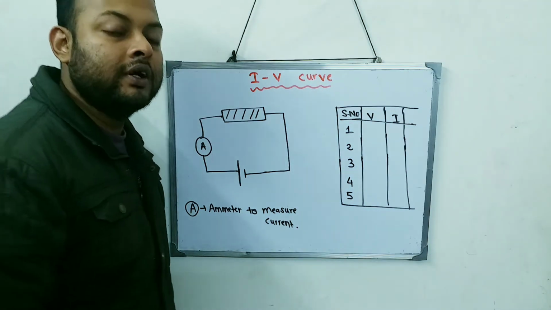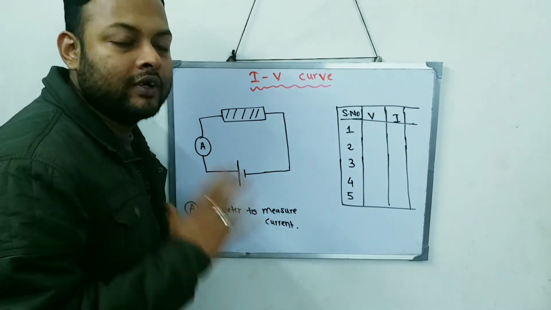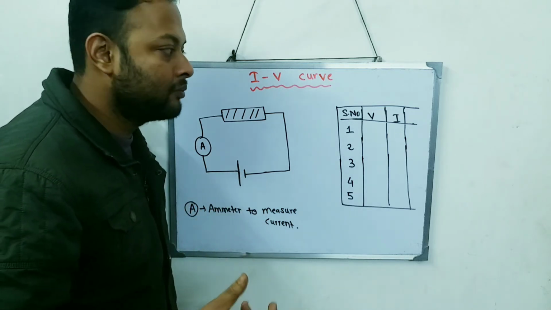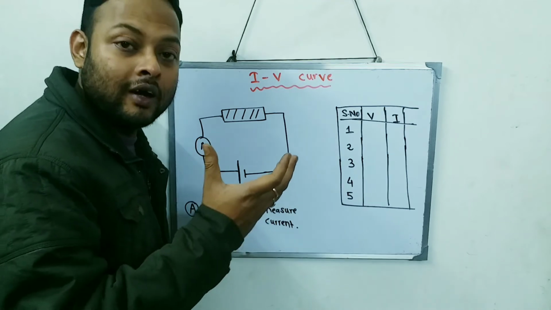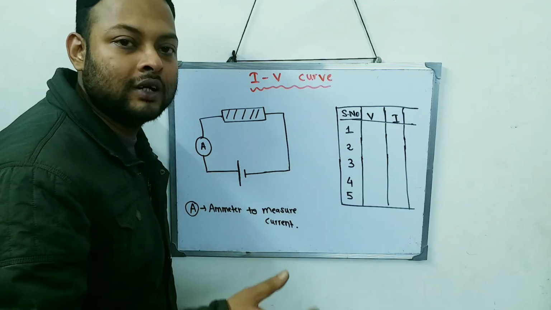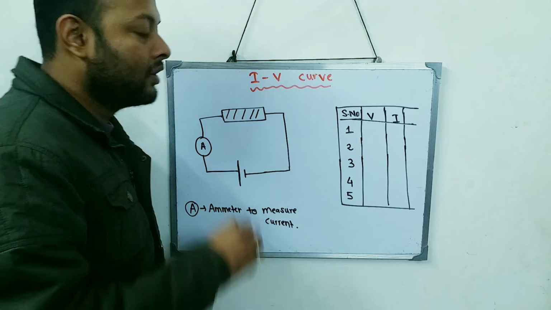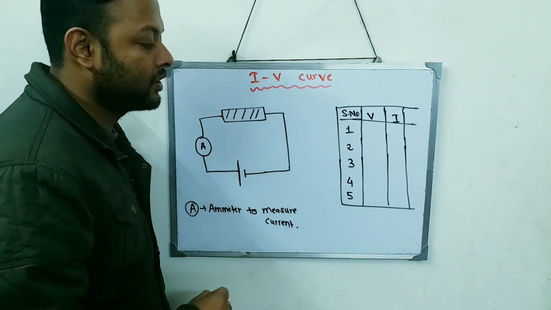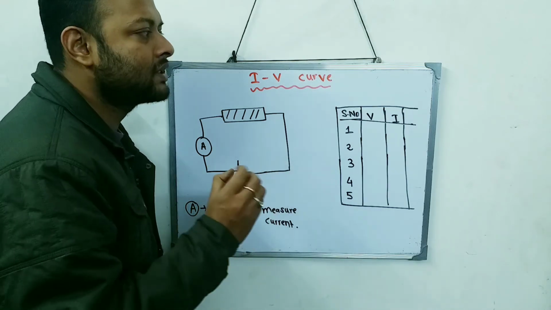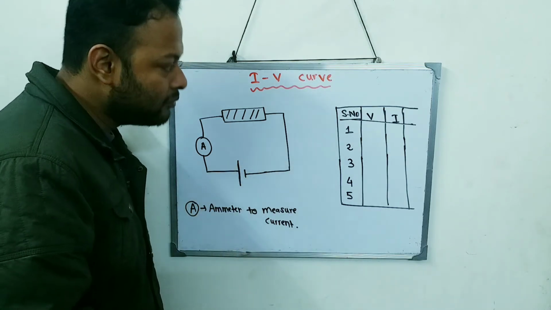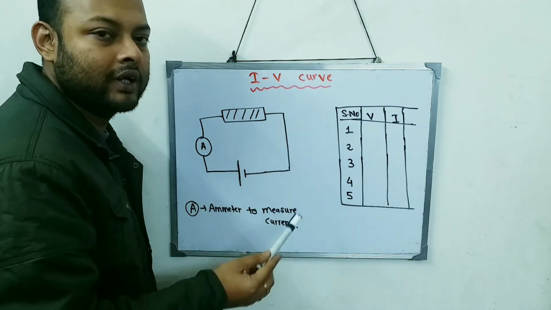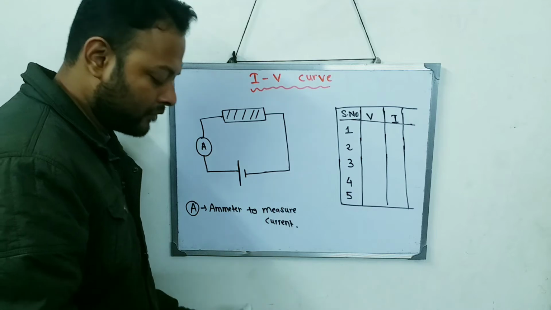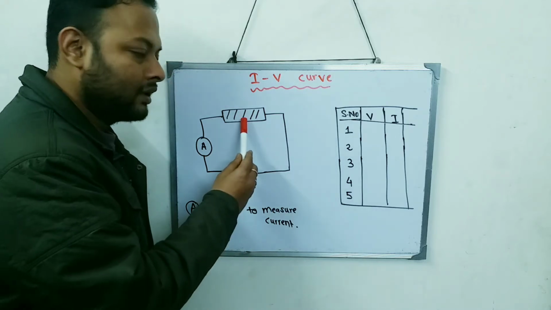Now the next topic is to understand this IV curve. This IV curve we have already done in your practicals. In practicals we have done this experiment. Obviously this time we have done it digitally, but this IV curve is very important because the graph has a lot of significance. Now let's understand this. What is this IV curve about? I means current, and V means voltage. So it is a current-voltage curve or graph.